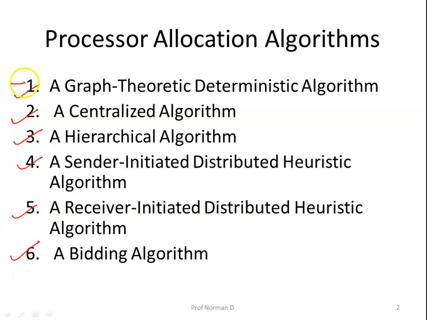So we'll start with the first one, that is the graph theoretic deterministic algorithm. Now if there are a number of CPUs and this number of CPUs are smaller than the number of processes, then several processes will have to be executed heavily loaded on those processors or CPUs. Now the idea behind this algorithm is to perform an assignment in such a way so that we can minimize the network traffic. Using this algorithm, we are trying to perform load balancing across various CPUs.